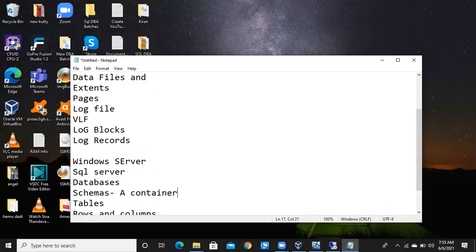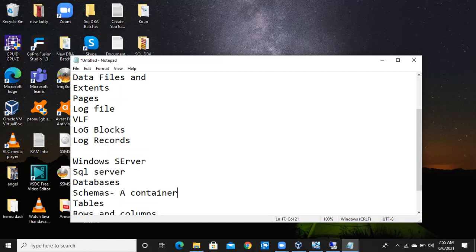Usually we won't create schemas, but sometimes developers ask us to create schemas. In such a case, developers will give you some script, and we have to simply execute the script. Sometimes you will get a deployment task requirement. What is meant by a deployment task? Developers usually don't have permissions to execute that script, so they will raise a request for you, asking us to execute the script.